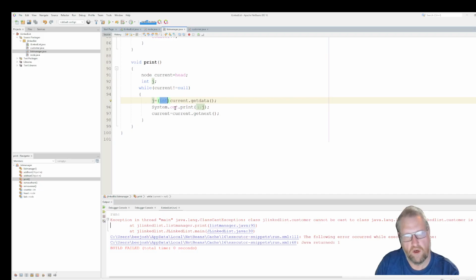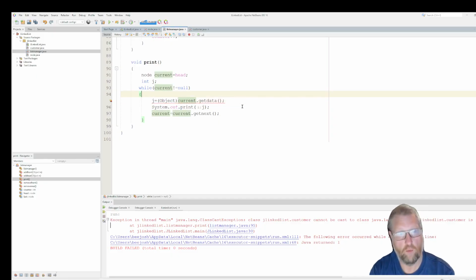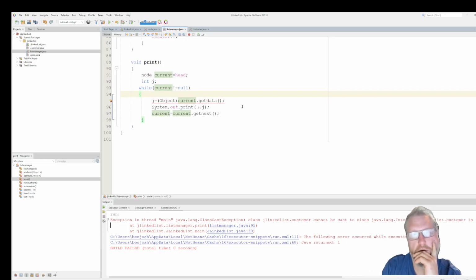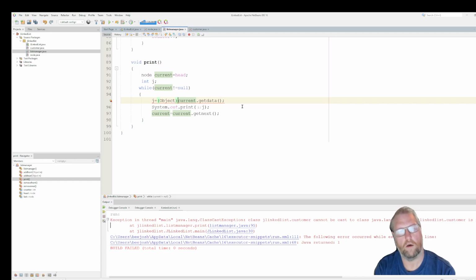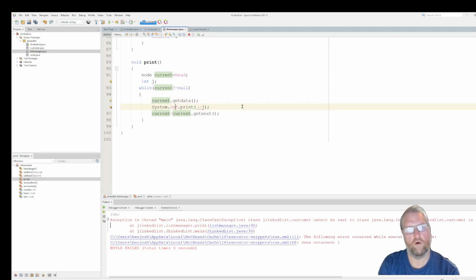So this would be boxing it, but what we want to do is we want to unbox it with a customer, or actually let's just create an object. You know, actually right here we can just print